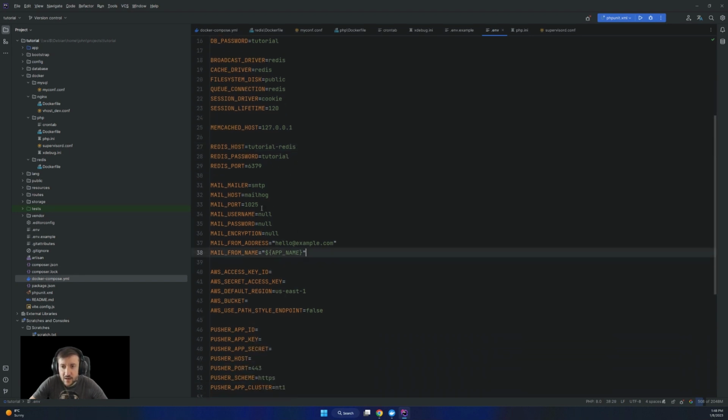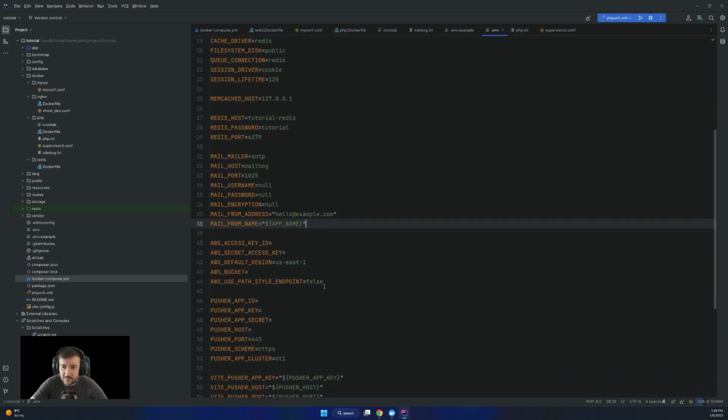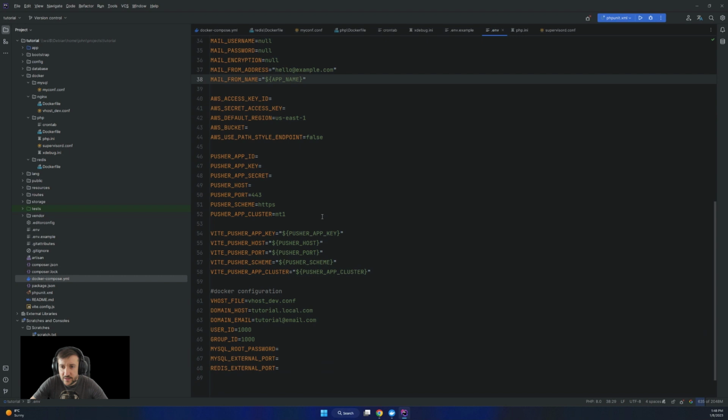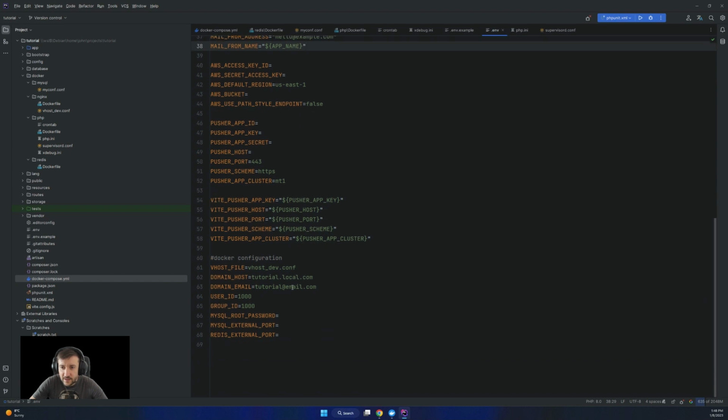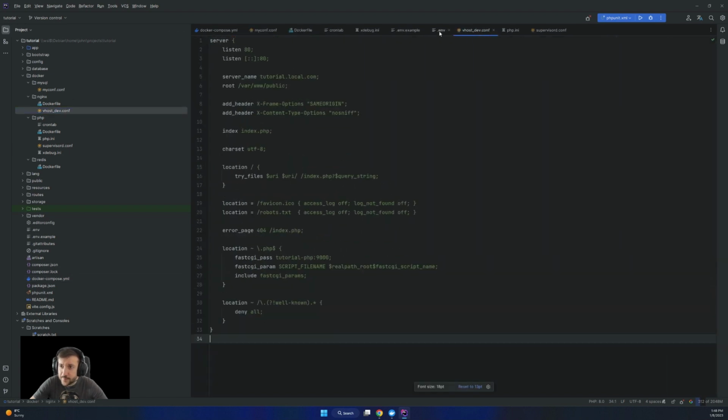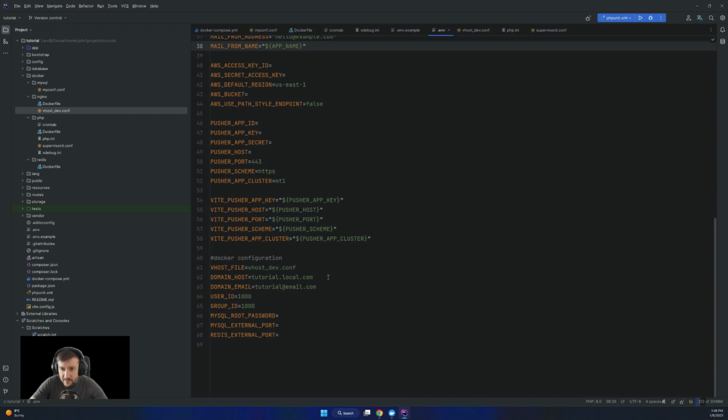For the mail, I'm going to show you Mailtrap, but it's not important now. We don't have an AWS connection. We don't want to set Postgres yet, and the rest of this is the vhost dev. That's the one we edited, and we have everything in here. Then the host, some email, group password.